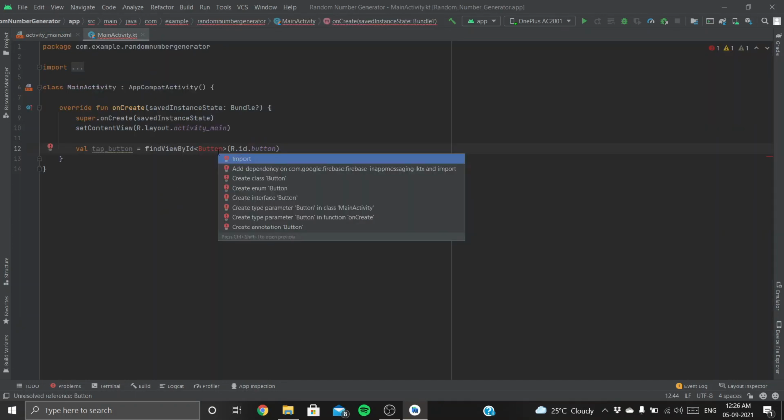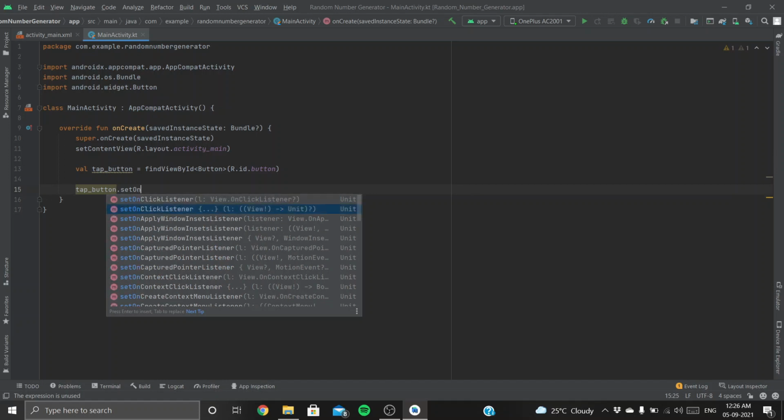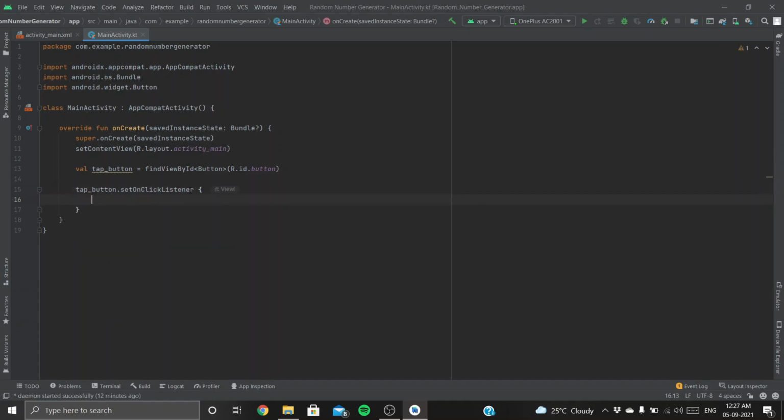Okay, it's showing an error on button. It is asking us to import the necessary packages to use this feature. So let's import. tap_button.setOnClickListener. Okay, this block of code runs once our button is pressed.